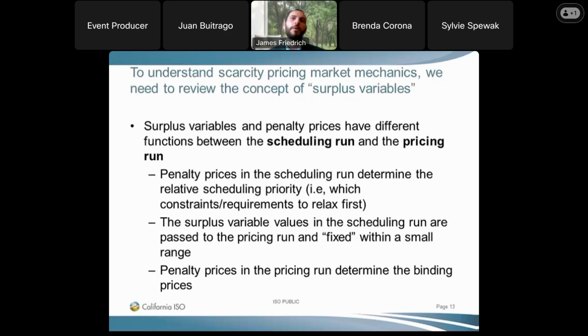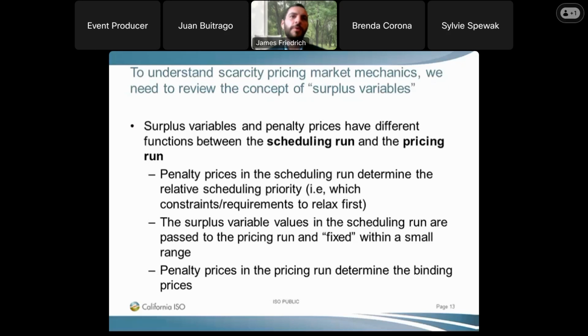So, for example, let's just say the power balance constraint violation, which is a constraint in the market that has a specific penalty price. And let's say that in order for the market to solve, they have to relax the power balance constraint by 5 megawatts. That means there's 5 megawatts of missing supply in order to solve the supply-demand balance, and the power balance constraint surplus variable will take a value of 5, to essentially solve the constraint in the market without the market problem just defaulting to no solution. And so that 5 megawatts that's solved in the scheduling run gets passed to the pricing run and fixed within a small range. And the reason why that's important is that